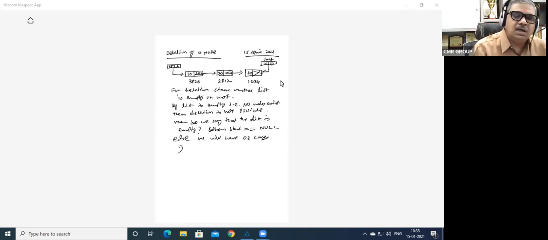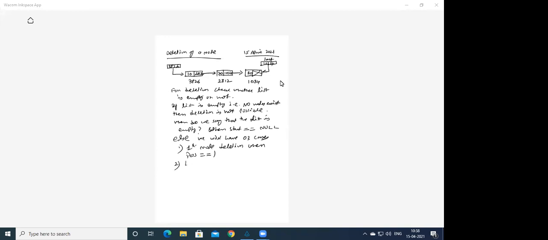First case is what? First node deletion. First node deletion is when position is equal to 1. Then I say last node deletion.